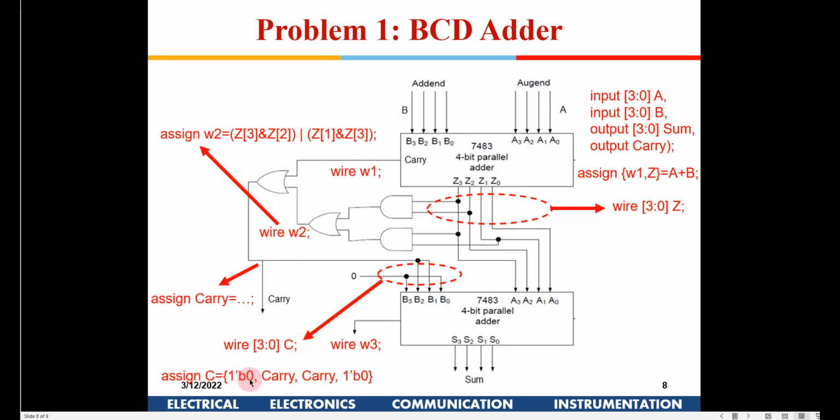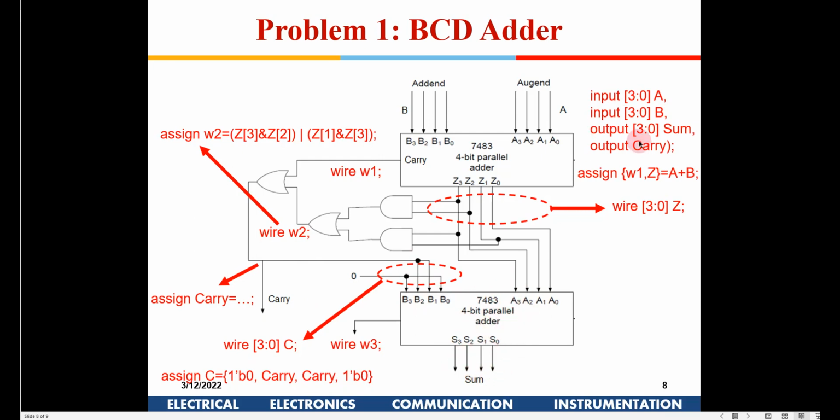And 1 bit 0 means it is 1-bit information where the first digit is 0, the next is carry, because you have already made this a carry. You have given a command for how to get carry, which is nothing but an OR of wire 1 and wire 2. So you already are getting carry, and here this is 1 bit 0, that means this is 0. So C will be 0, carry 0, that is 0 0, and here it will be the carry which we have generated. And then again you use an